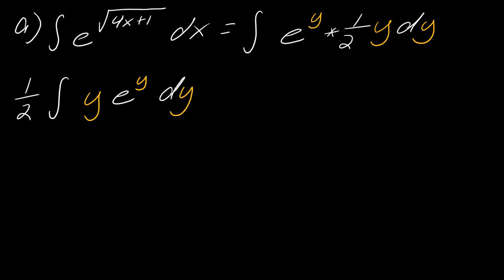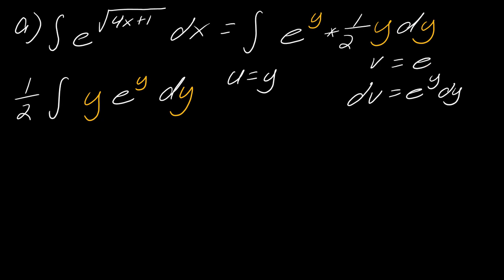Okay, so for my integration by parts, now my u will be y and my dv will be e to the y dy. That makes my v e to the y, and my du just dy. And this is totally going to work out now, right? So we had to be a little creative with the substitution, but now this whole thing is going to equal